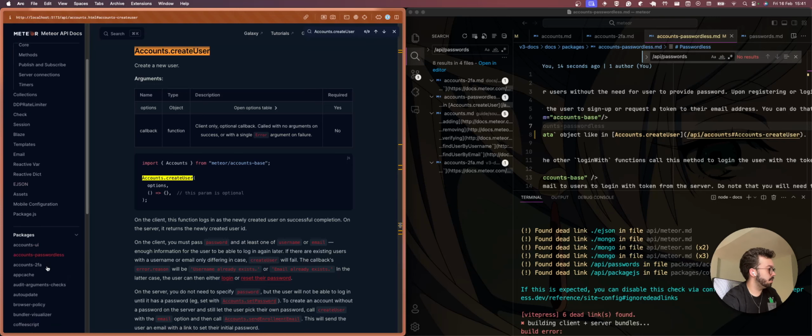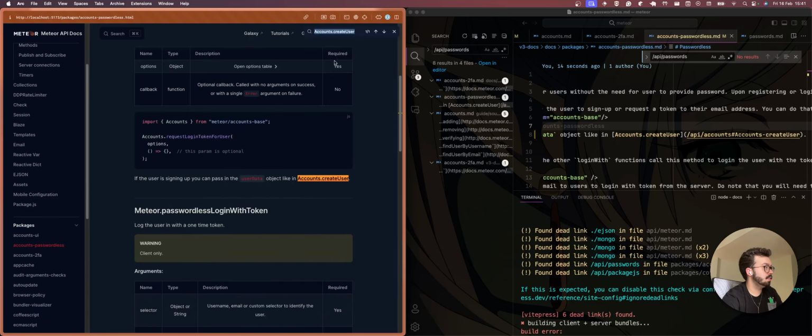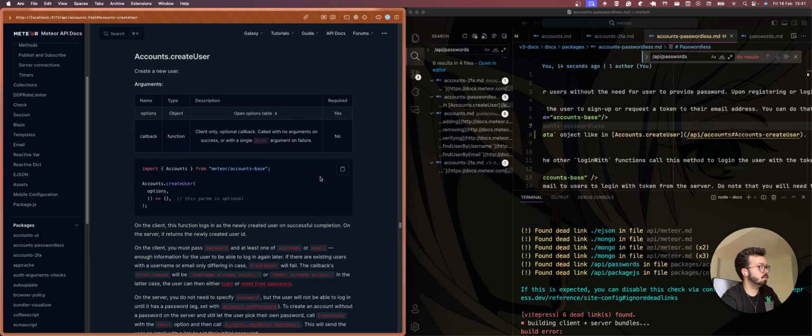Isn't packages, right? Yeah, count passwordless. Counts user. Counts create user. Yeah, exactly. How it works. Yeah, I think it's working fine.